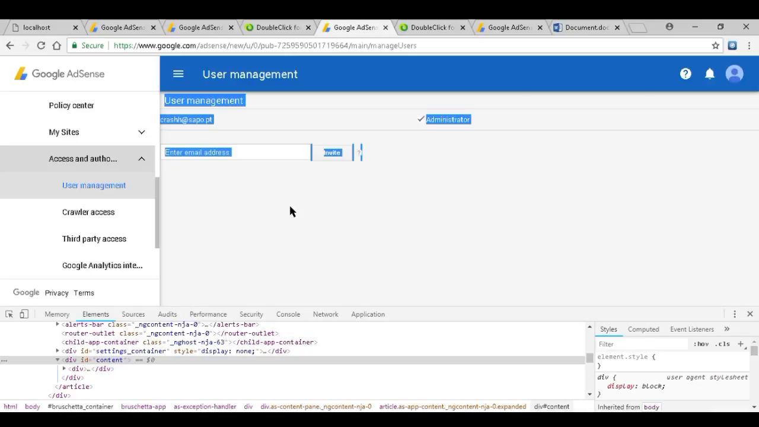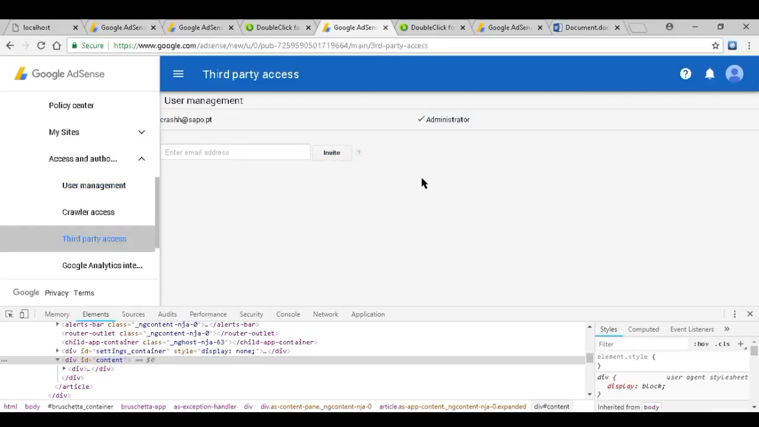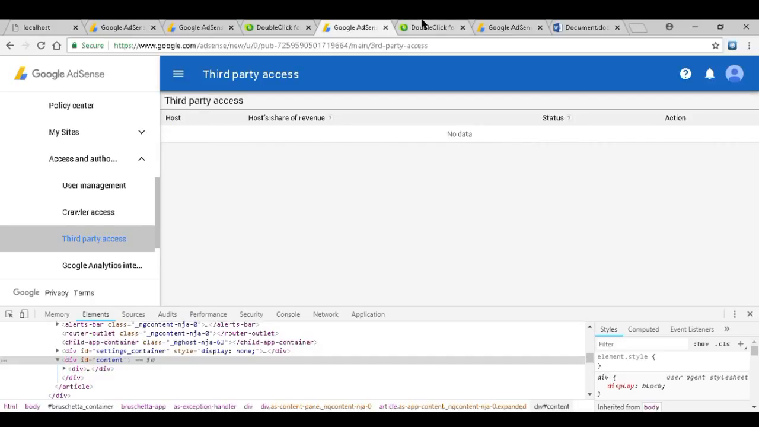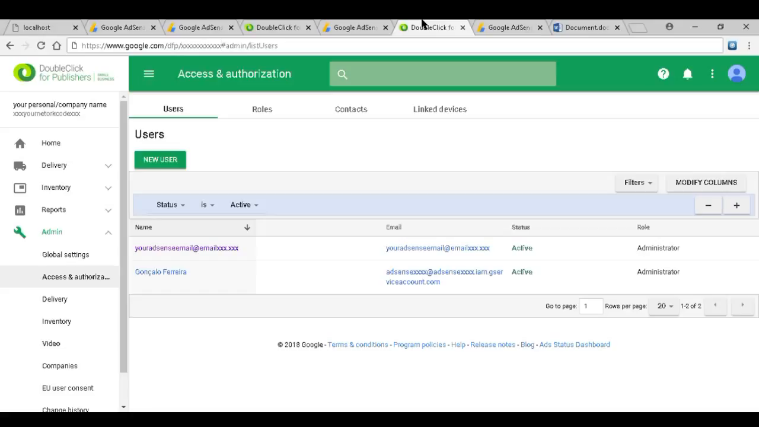Okay. And here you will be asked for an approval which you will have to accept. After you accept that, you can go to double click for publishers again on the admin access and authorization, and